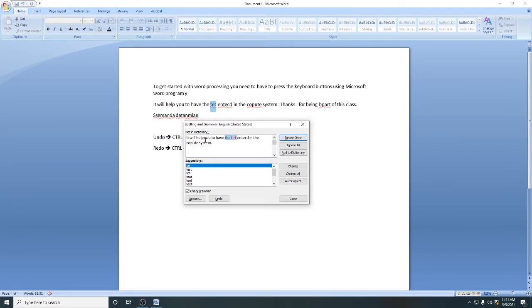It will help you to have the entered word. So this was not supposed to be there. I'm just going to delete it off, and then you click change, so it will allocate another, the entered word. So this is supposed to be entered. If it's not there, then you need to possibly correct it there instantly. Entered word, so entered